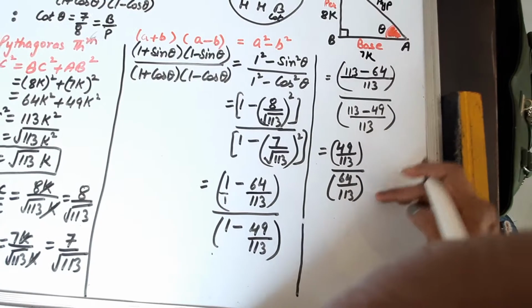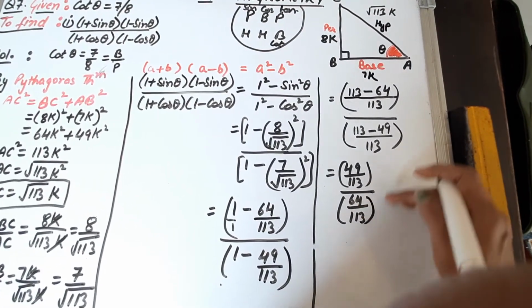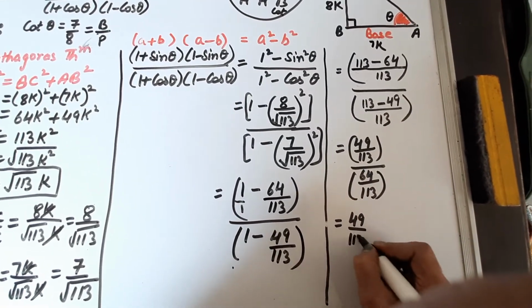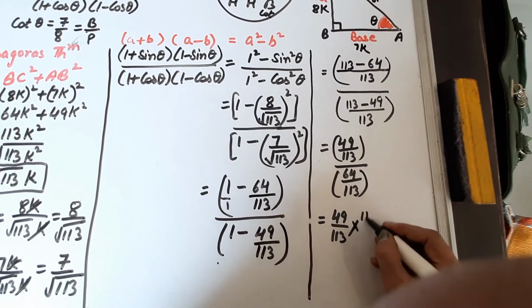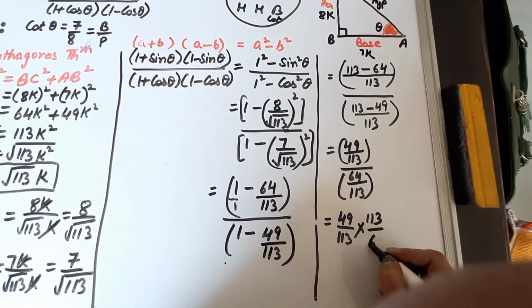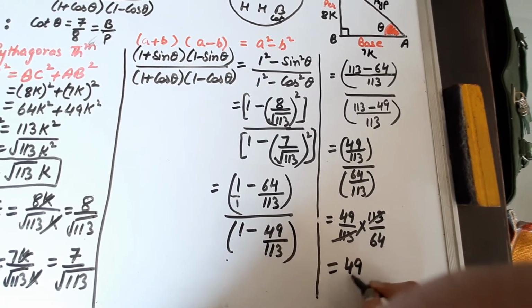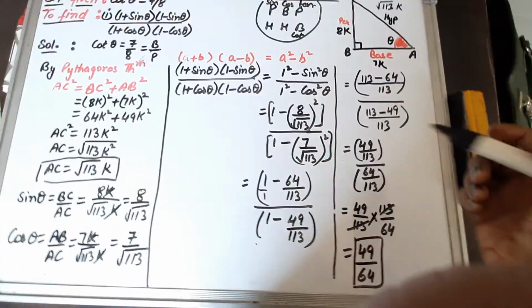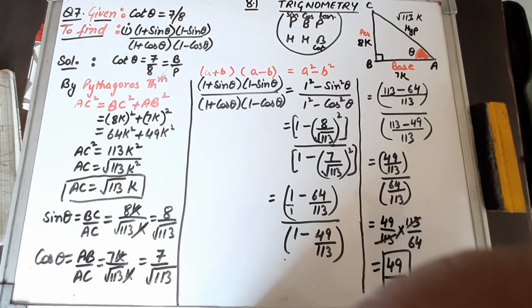Now fractions are there in the denominator. To convert this division into multiplication, we will reciprocate it. So we'll get numerator will be same and put the multiplication and reciprocal it. 113 by 64. So 113 will get cancelled out. So the value of the asked question will be 49 by 64. So I hope the question is clear to you.